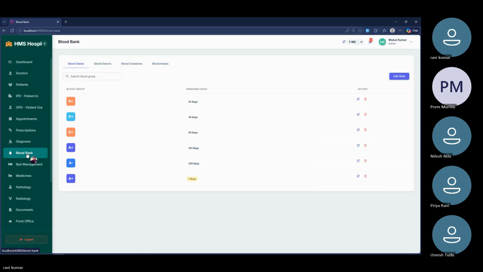If we go to the blood bank, you can see here there are 4 submodules under the blood bank: blood banks, this is the blood donor, this is the blood donation, and the last one is the blood issues. So this is our first submodule, blood banks, and under the blood banks, you can see here total